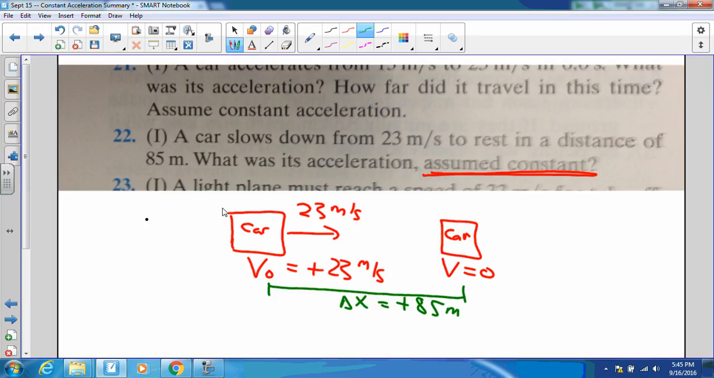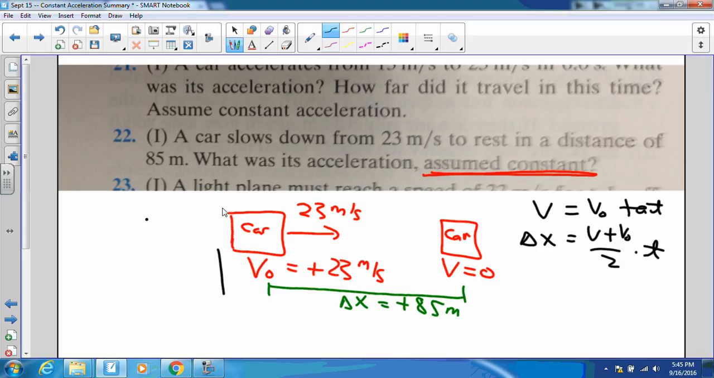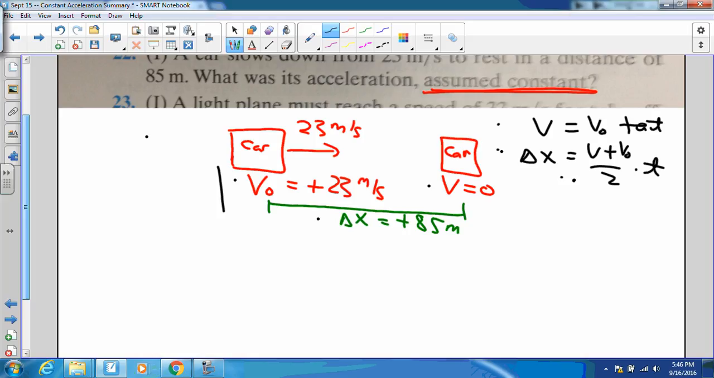Now they're asking me for the acceleration. So I'm going to pull out my 2 equations of motion, v equals v0 plus at, and delta x equals v plus v0 over 2 times t. And I'm going to consider how the information that I have here could fit into these 2 equations. And I observe that I have delta x, I have v0, and I have v, which are 3 out of the 4 variables in the second equation right here. So it makes a whole lot of sense that since I have all but 1 variable, I can plug in and find